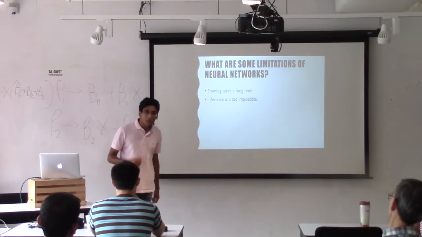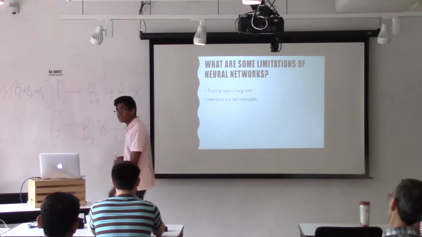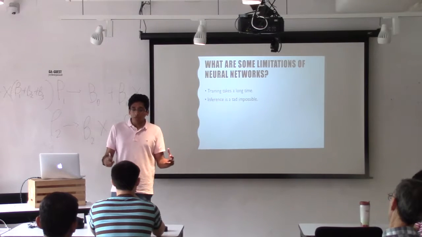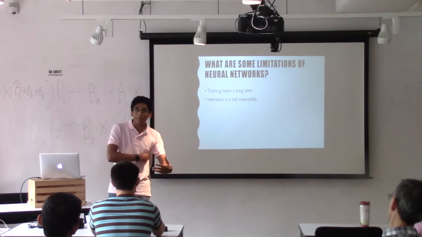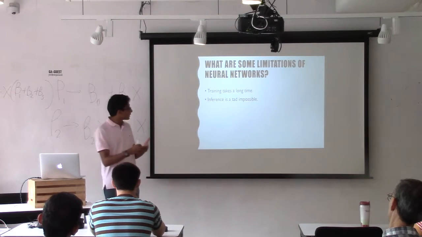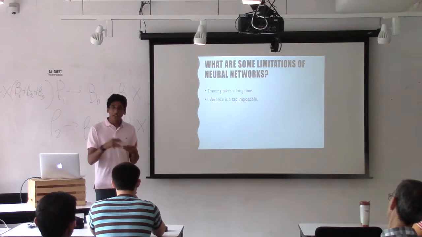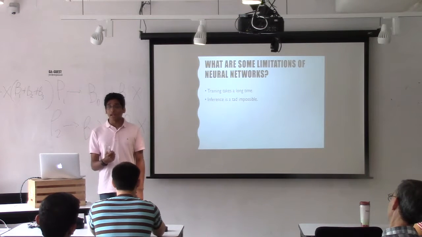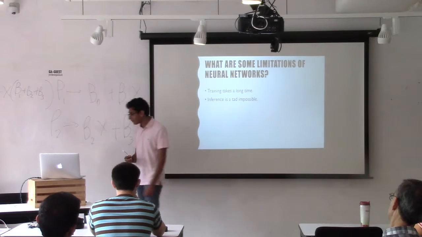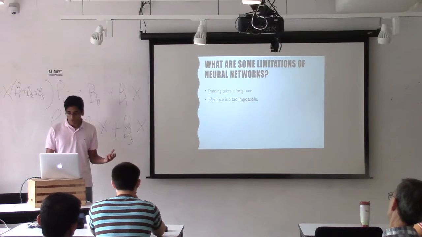And we've had processing problems with neural networks for a long time. In fact, it wasn't until the late 2000s and early 2010s that we started to fix them. Now we can run neural networks on multiple GPUs. We can run them in parallel, so they're actually processing extremely fast. But compared to other models, they are still extremely slow. Also, inference is a tad impossible. If you gave me a pen and paper, 3 months, and maybe a PhD student, I might be able to do something with a neural network. But aside from that, you can only predict. It's fairly ridiculous to try to infer relationships from a neural network.